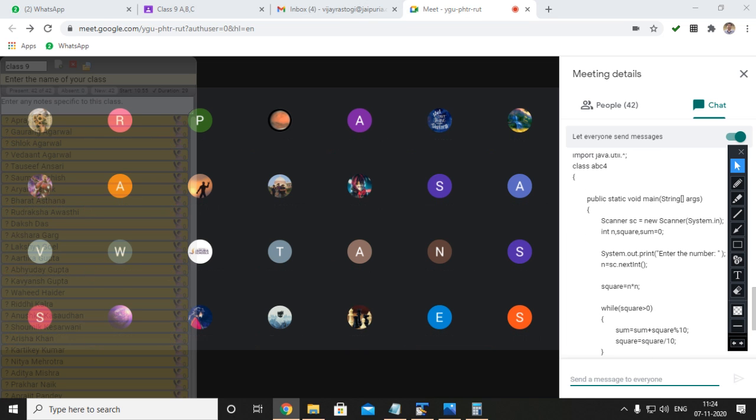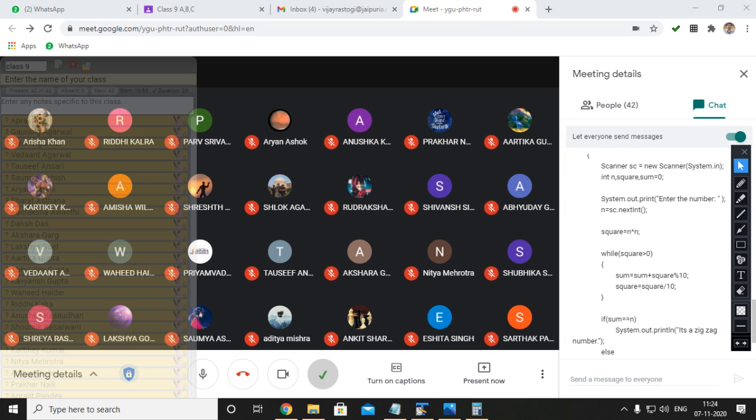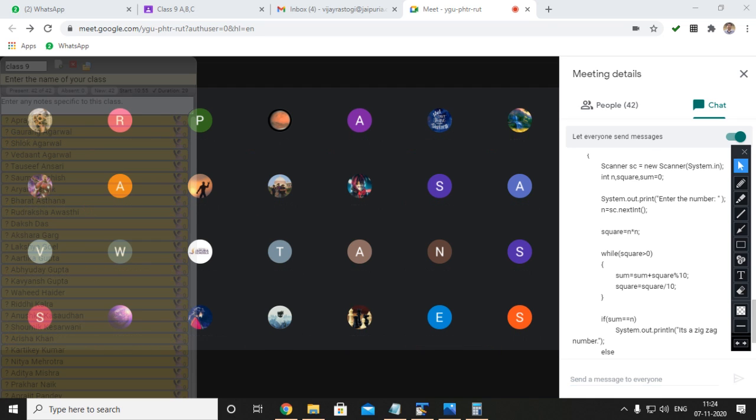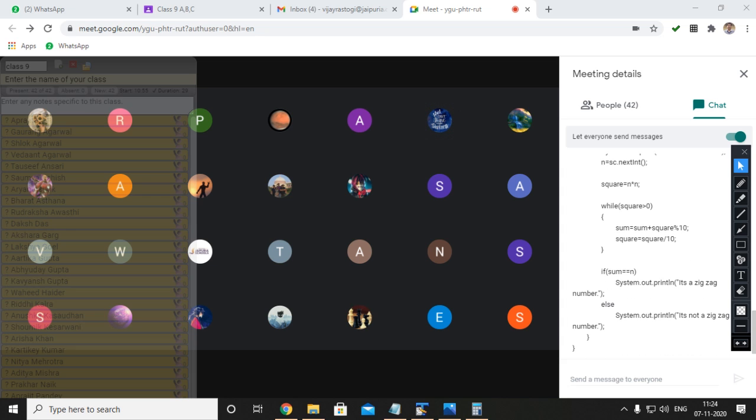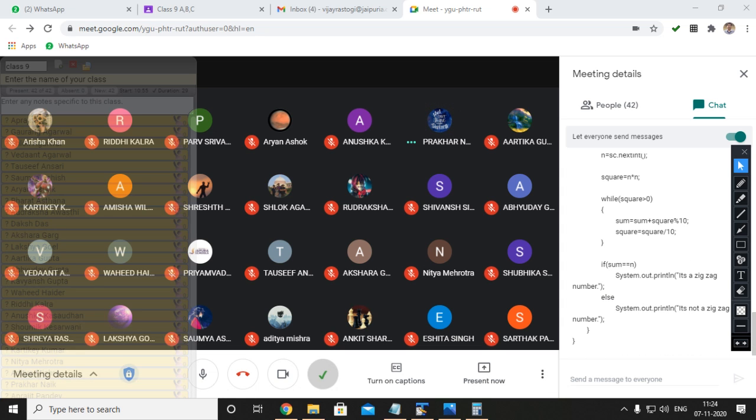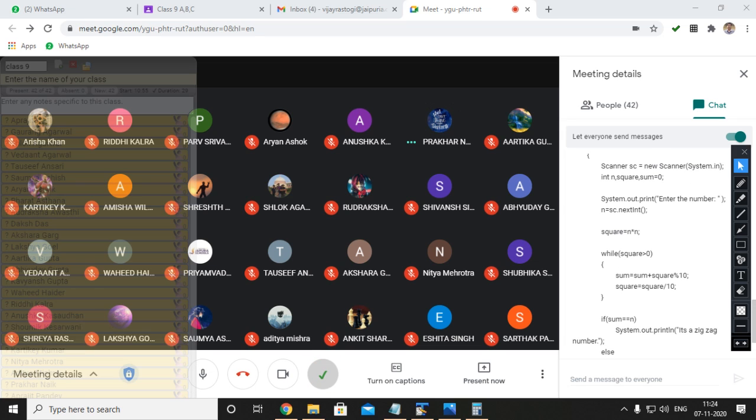Just give me a minute. Beta, Prakhar Nayak, right? It is wrong beta. You have not extracted the number properly, and you have not counted the number of digits of the square. This is wrong.